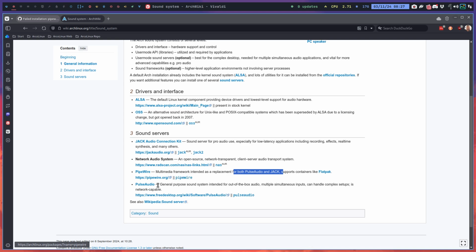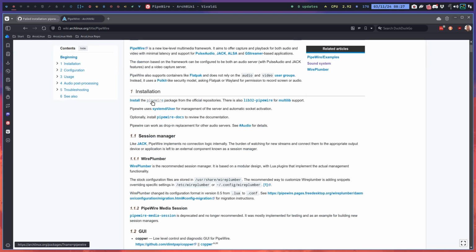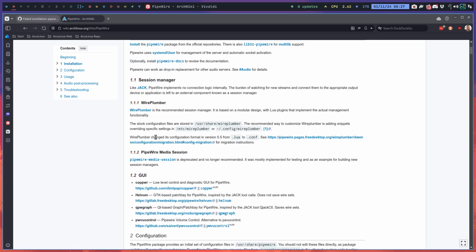Okay, have a look, read, and decide. Okay, PipeWire, the replacement of, right? The new low level. How do we install it? Like this. There is that one for multilib, systemd management, some documents we don't want to see,